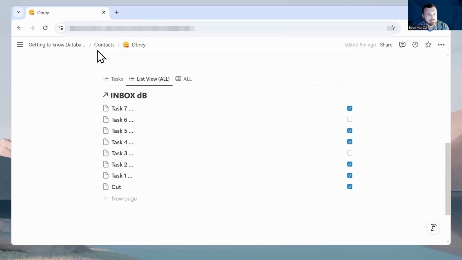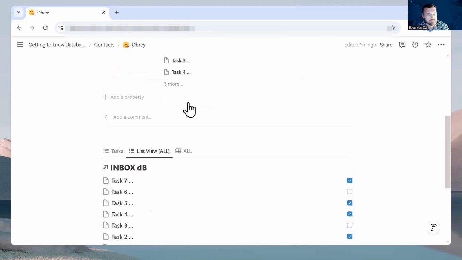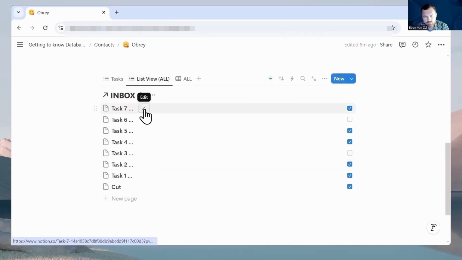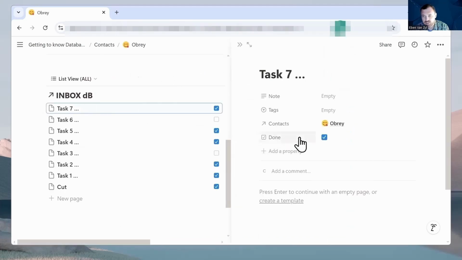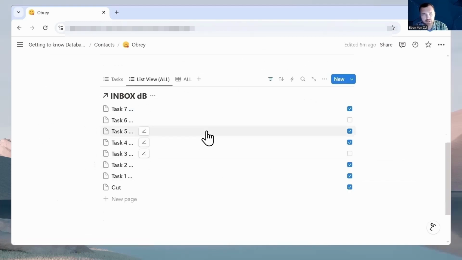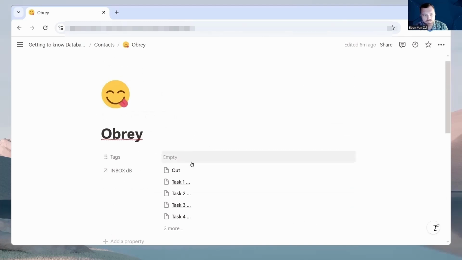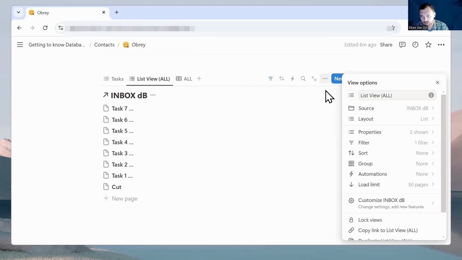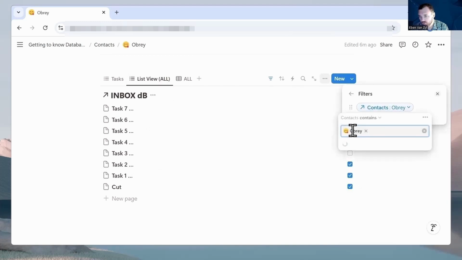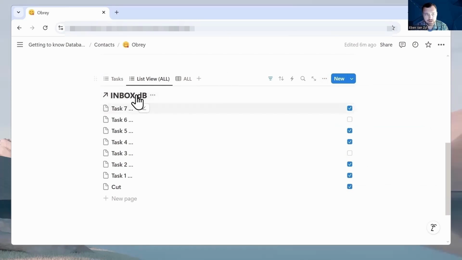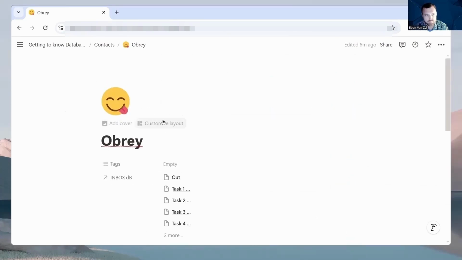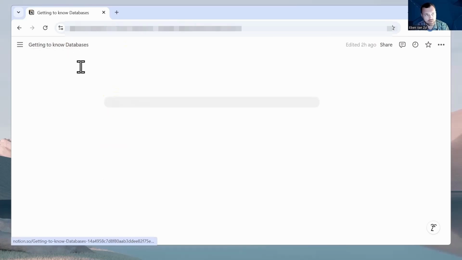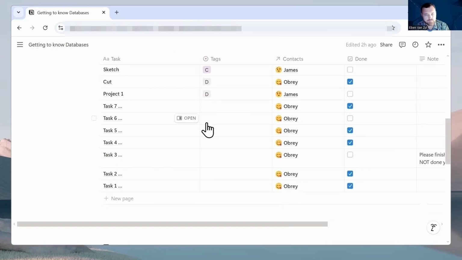Okay, so this is Aubrey. So as you can see, Aubrey is automatically tagged with his name if you're in his page, because the filter that we use here is set up for Aubrey. That's why it automatically tags him in his page. And the same will happen for all the other contacts,